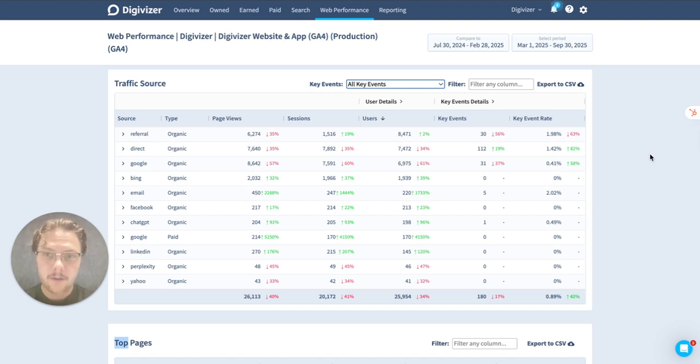So you probably know your top traffic sources, but do you know what traffic is driving the key events on your website? If you don't, then this is exactly how you find out. We're in the Digivizer platform and we've headed to the web performance tab and we scroll down to the traffic